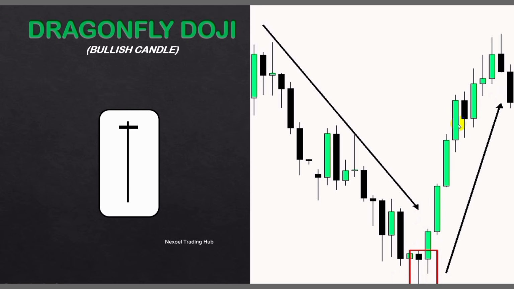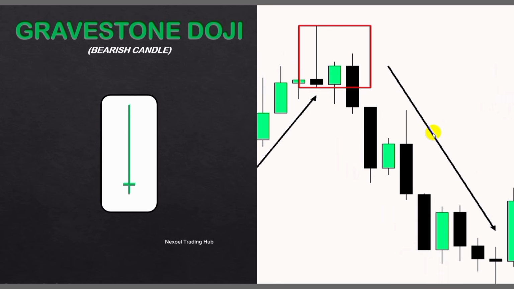So we're going to look at the gravestone doji, which is the bearish candle type for this particular doji candle. You can see here we have the gravestone doji. The buyers pushed the markets to the upside, created the high, but then sellers came in so strong and pushed the price to the downside. And then we have the close of price to the downside. The market opened, price pushed and created the high, but then sellers came in so heavily and pushed the price. So this is trying to show us that the buyers have lost their strength,